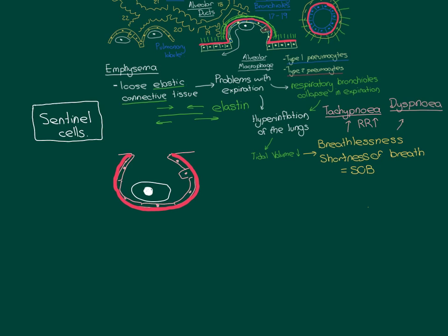So let me draw one of these. So here, this can be one of the dendrites of the dendritic cell. Here's another dendrite of the dendritic cell. Here's another dendrite that will be sampling stuff that's underneath the basement membrane. And this can be another dendrite. So here is the nucleus. Let me just try and finish it up. So this cell here, again in white, this is representing an alveolar